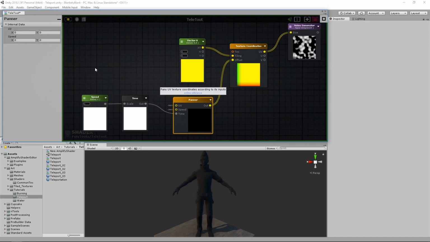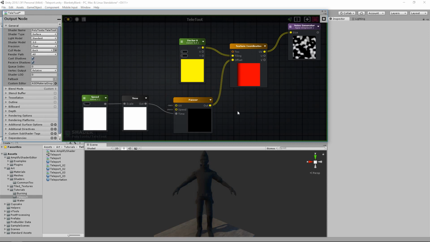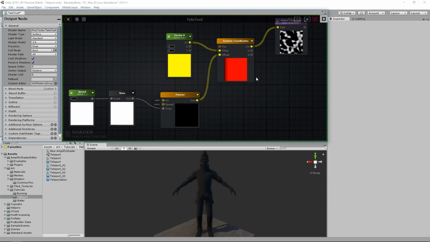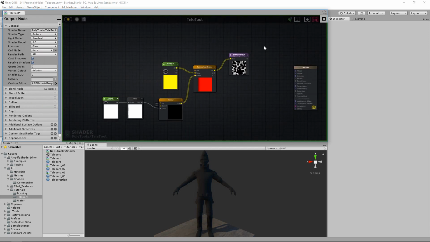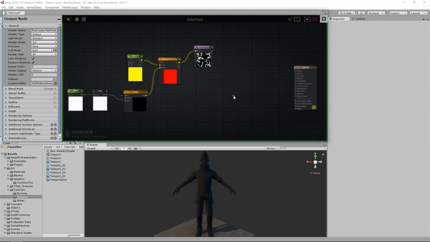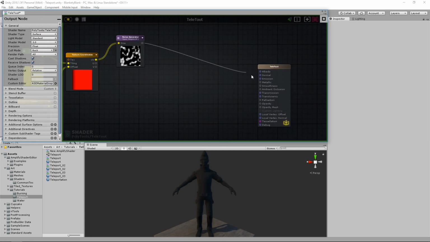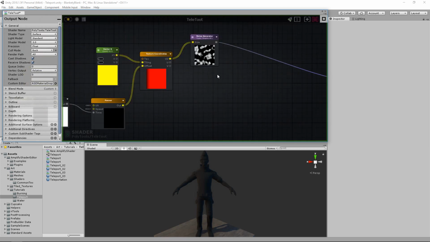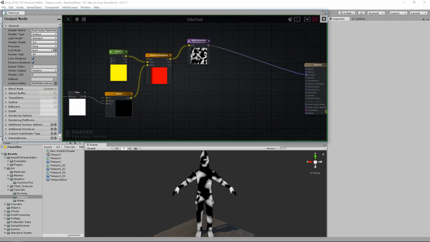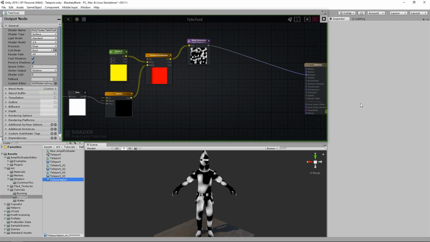And at the moment it's not doing anything because we haven't set a direction. And you can, if you want, plug in some floats or vector 2s to control this on the material itself. But I will just do this because I only want it to go this way. We might reverse it, but for now this is fine. So there's our initial kind of effect, and if we stick that into, say, emission and apply, we get something like this. And teleportation,